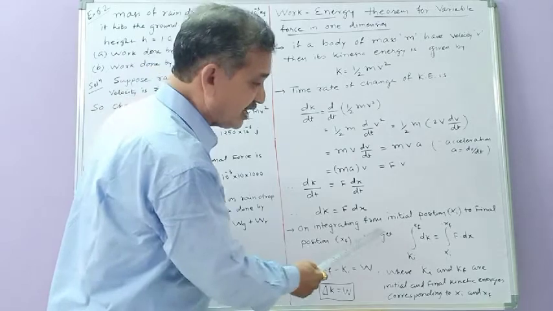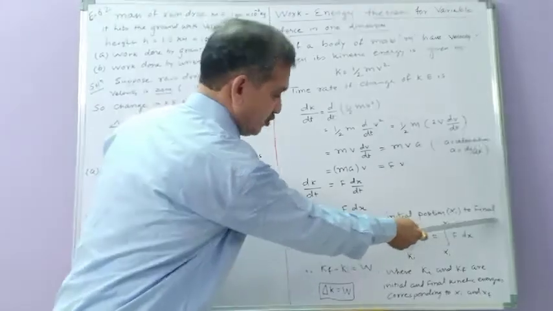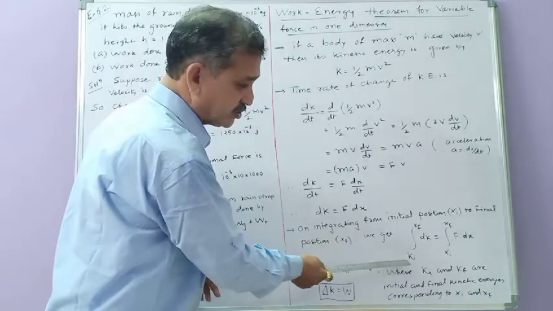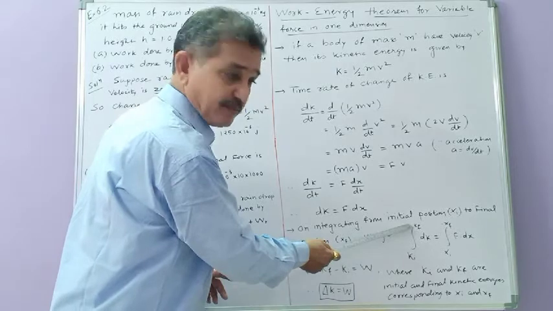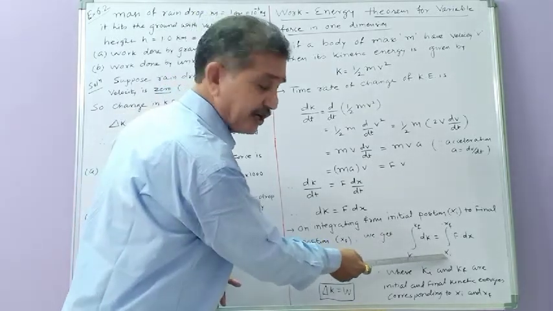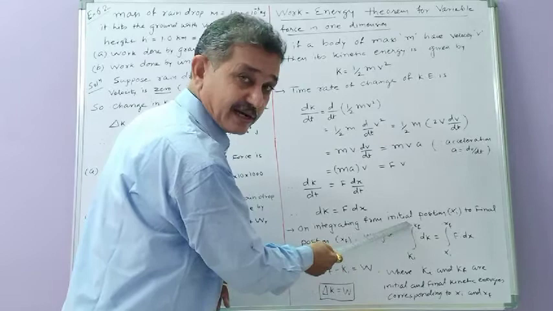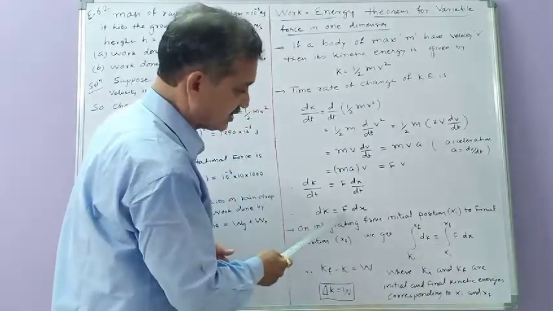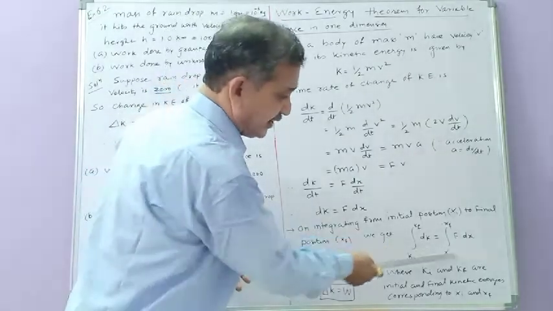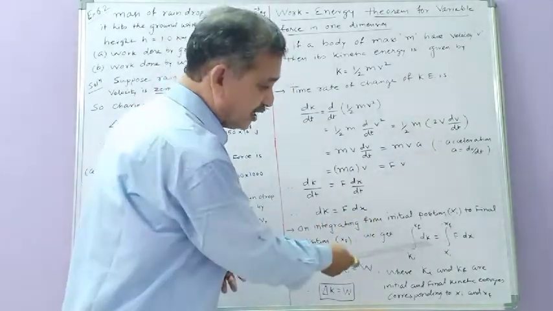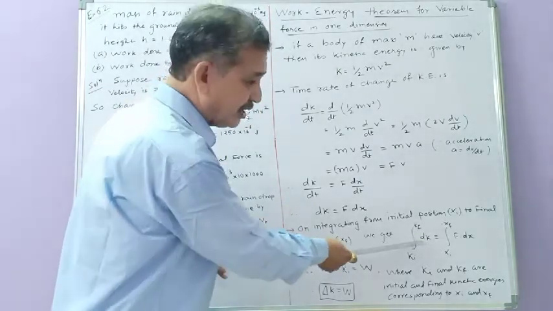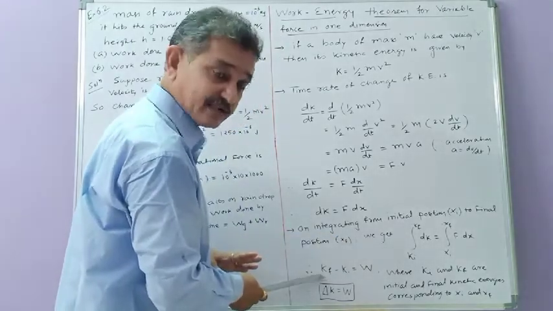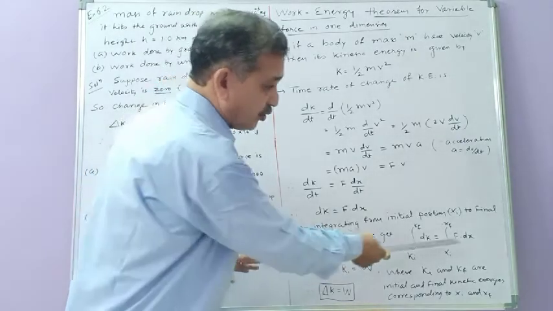So now, on integrating from initial position xi to final position xf, we get the integration of dK, and that integration of dK is from where to where? Ki to Kf. Ki is the initial kinetic energy corresponding to the initial position. Kf is the final kinetic energy corresponding to the final position xf. On the right hand side we have the integration of F dx from xi to xf. So the integration of dK becomes only K, but the lower limit is Ki and the upper limit is Kf, so we write directly the subtraction, Kf minus Ki equal to